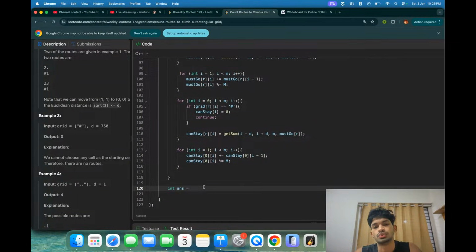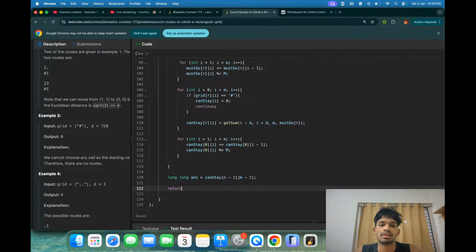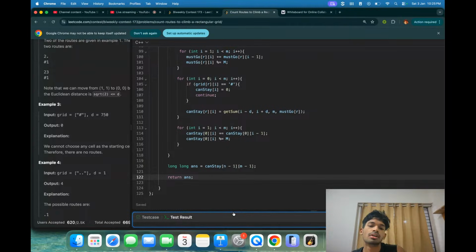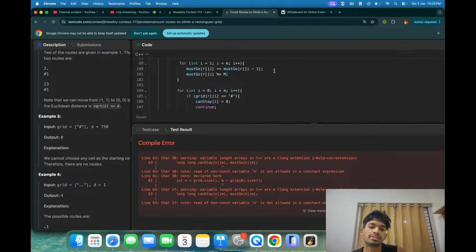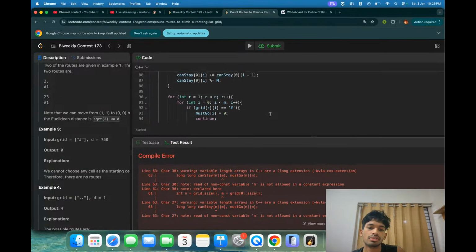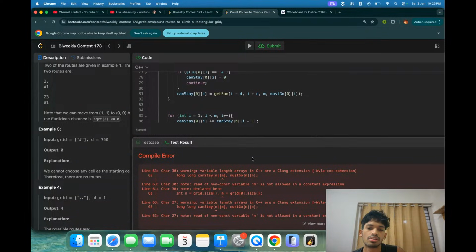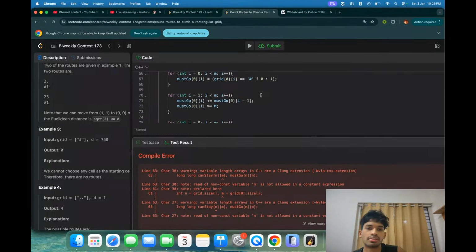Answer equals to... let this be long too. Can stay of n minus 1 of m minus 1, because that involves all the summation, right? Because we are doing prefix array. So this should work, but it will not because we have to be careful. We have been a bit careful, but